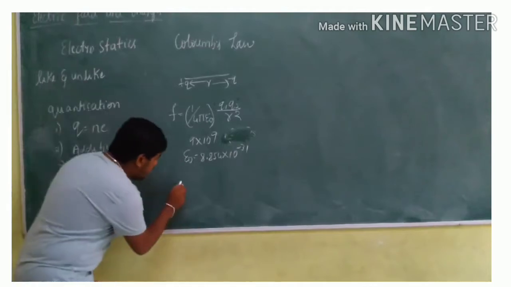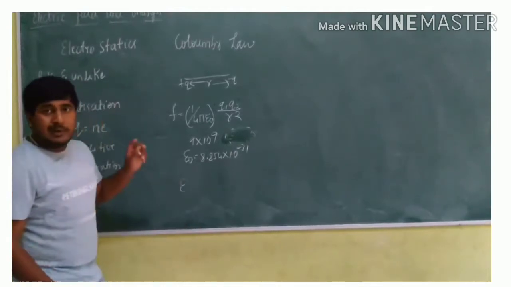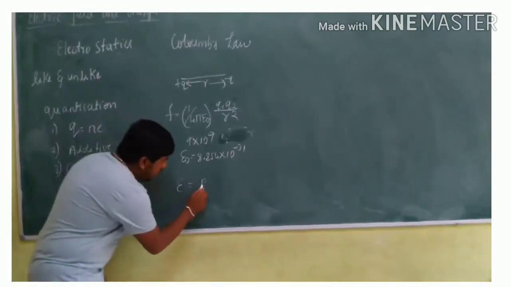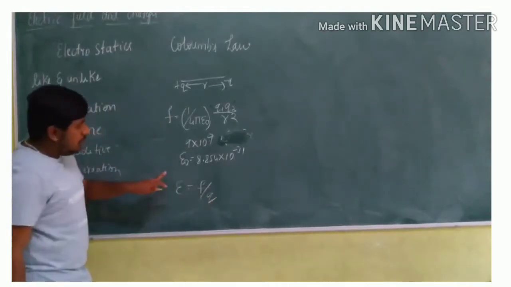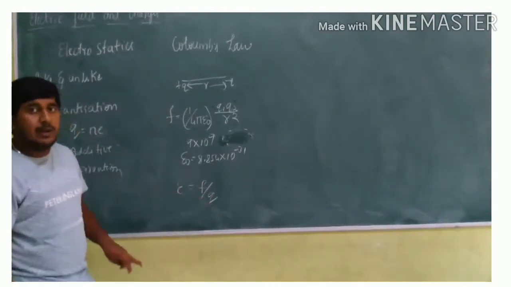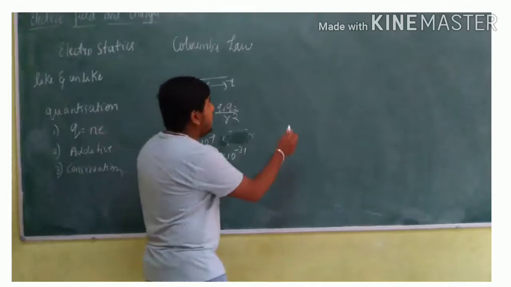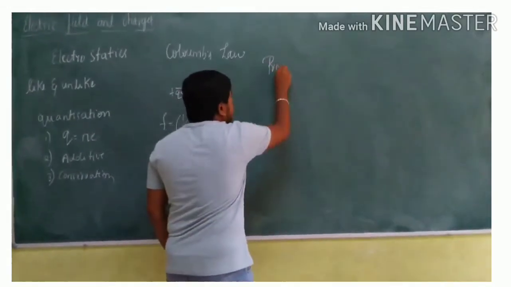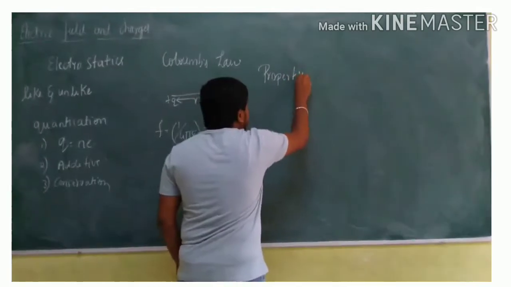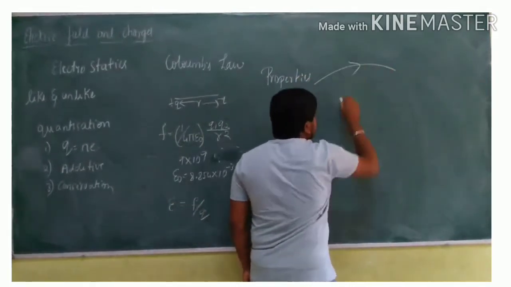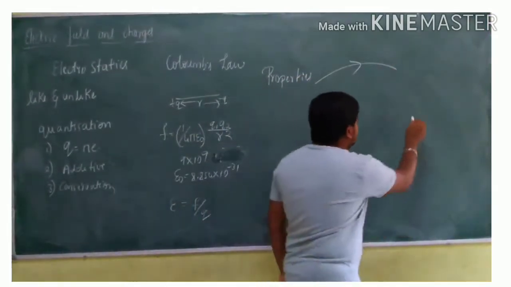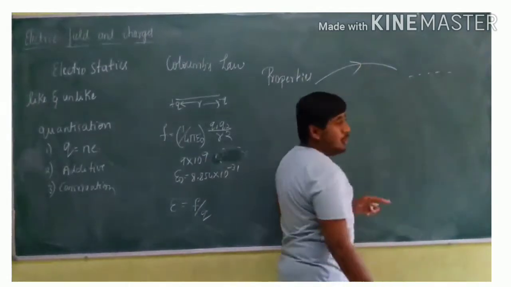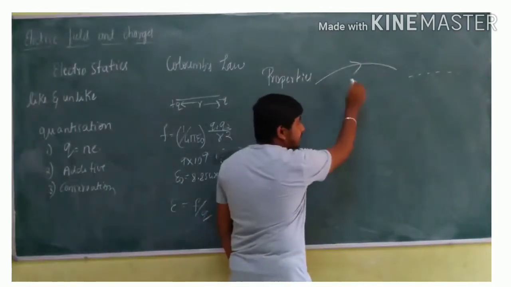After this we came across electric field. What is electric field? Electric field is force on unit charge. After electric field, the properties of field lines will be asked for 3 marks. What are the properties of electric field lines? They are closed continuous lines. We did not represent dotted lines for electric field lines. This is important for problems.